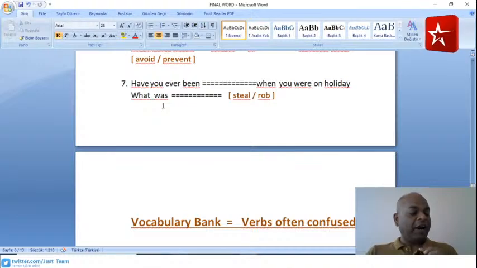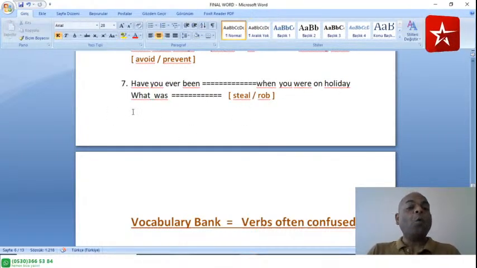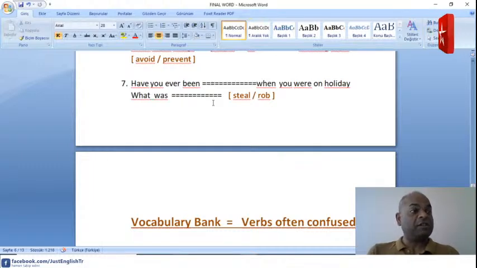Alright. Here, Arif Agantan. Arif, welcome to the class. And it says here, robbed, stolen. Nilshu says robbed, stolen. Then Fatima says rob, steal. Tessin says being becomes verb. Says here, have you ever been robbed? Your first will be robbed. And when you were on holiday, what was stolen? Now that's a good one. Your steal goes to stolen in the past and your rob goes to robbed. Remember that.